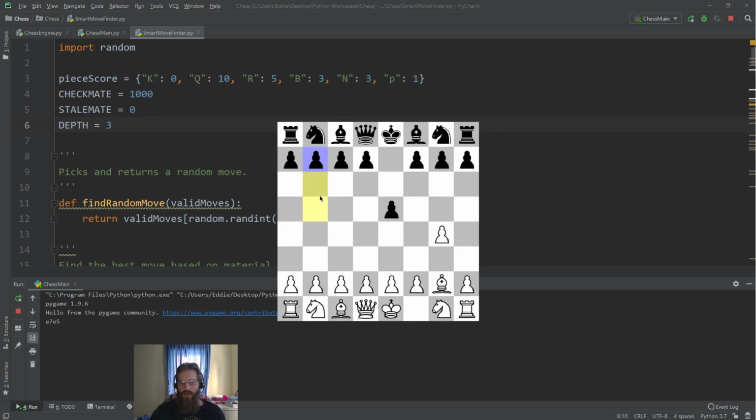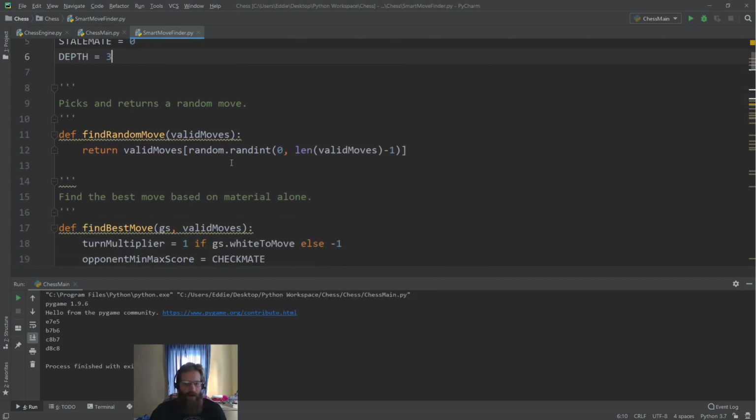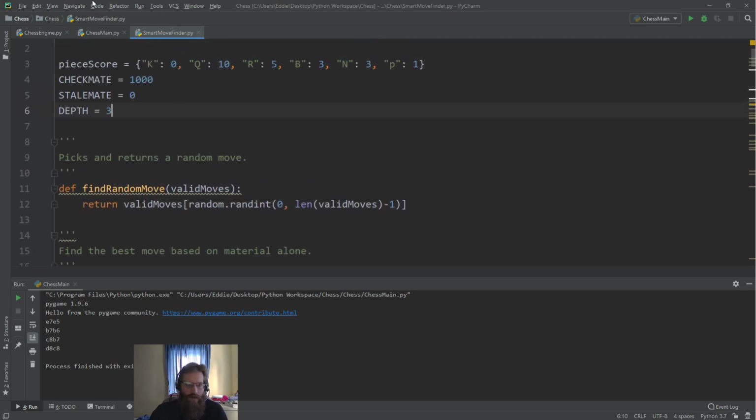All right, let's see if it finds that move right away. It also depends on the move order, right? If it looked at this bishop capture move right away, it would have been able to evaluate a lot fewer branches. But since our move ordering is always pawn moves first, it doesn't find them as quickly. But we can already notice it's definitely faster. It's finding these moves a little bit faster than it was before at depth 3, comparatively to, let's